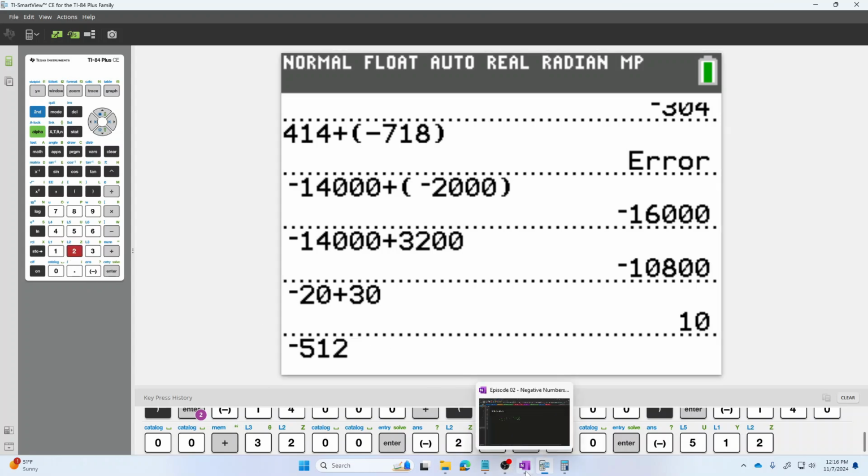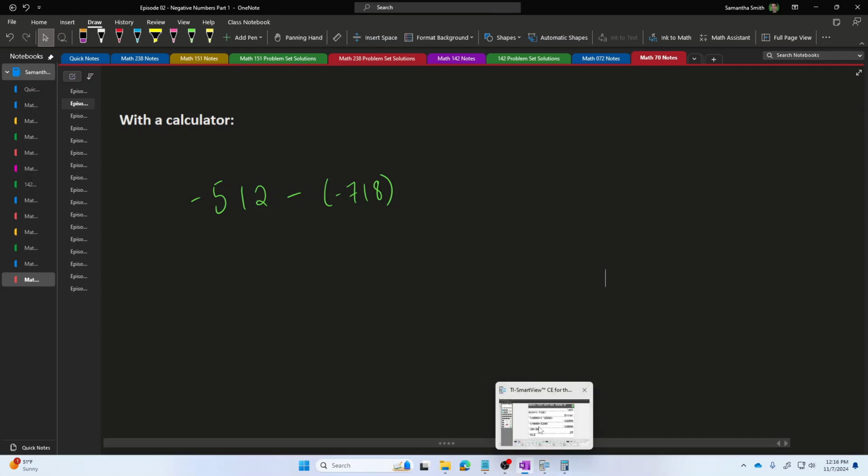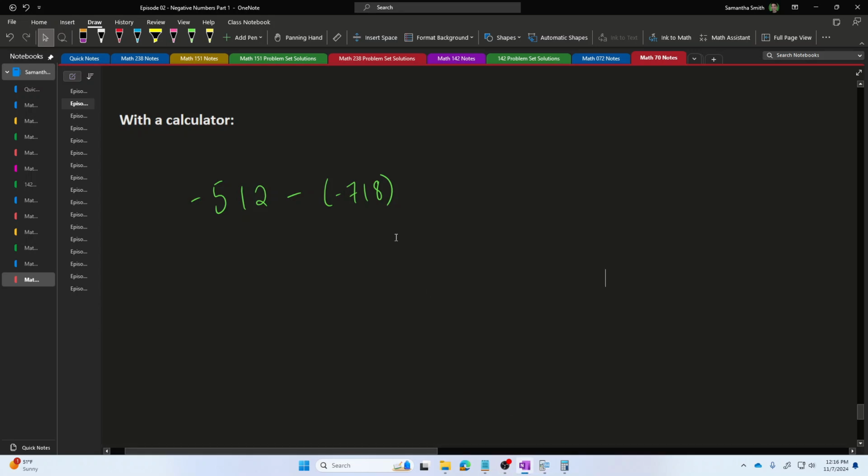That was my first number in here, negative 512. The next thing that I want to do is type in the subtraction symbol. And remember that the subtraction symbol is different from the symbol to make things negative. The subtraction symbol is here in this right column. Here's the subtraction symbol. Then I'm going to type parentheses, and then I'm going to type in negative